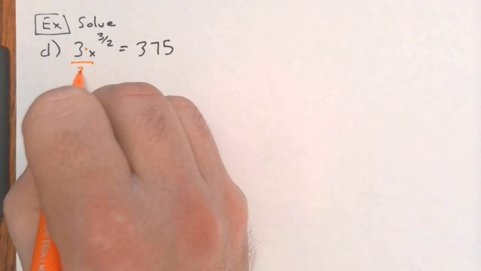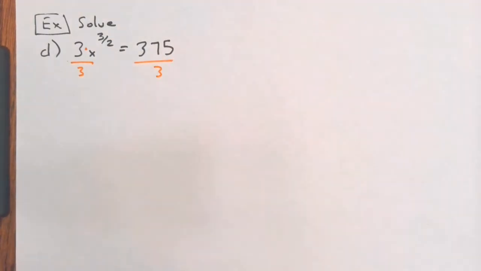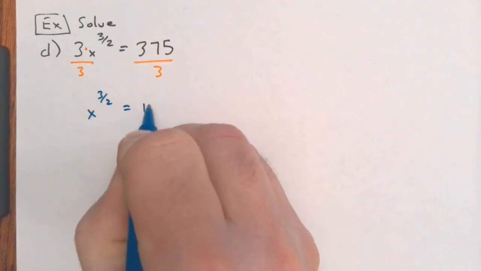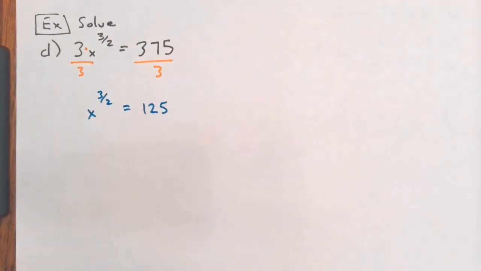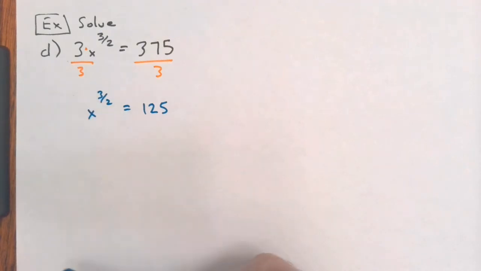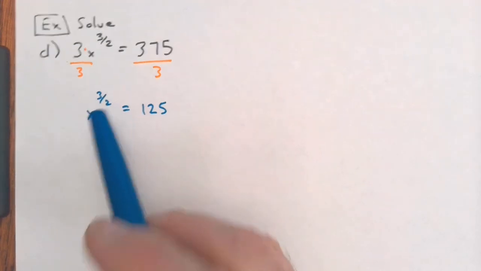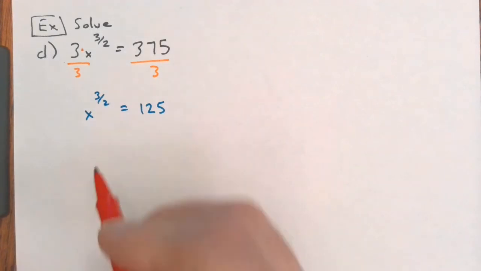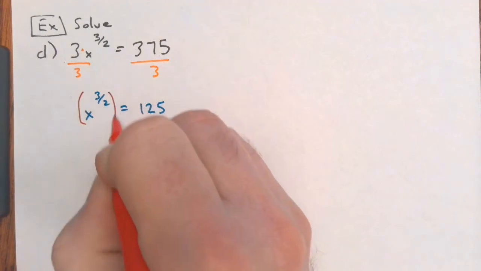So I want to divide both sides by 3 to start. That would give me x to the 3/2 power is equal to 125. And then from there, I'm trying to solve for x, so I need to get rid of that 3/2 power. How do we undo that? Well, when you have a fractional exponent, it's really easy to go through and solve. We want to raise both sides to a power, and